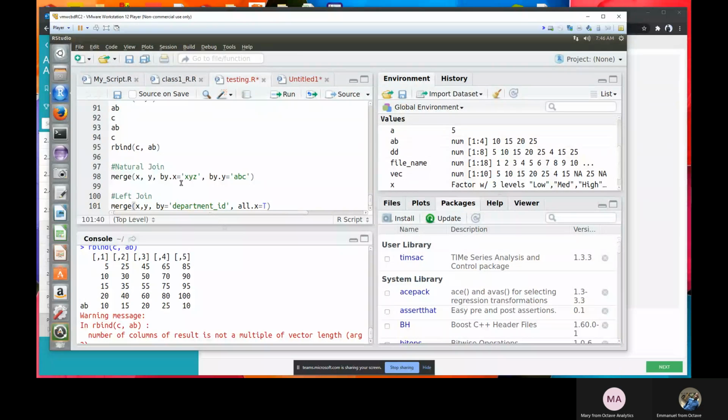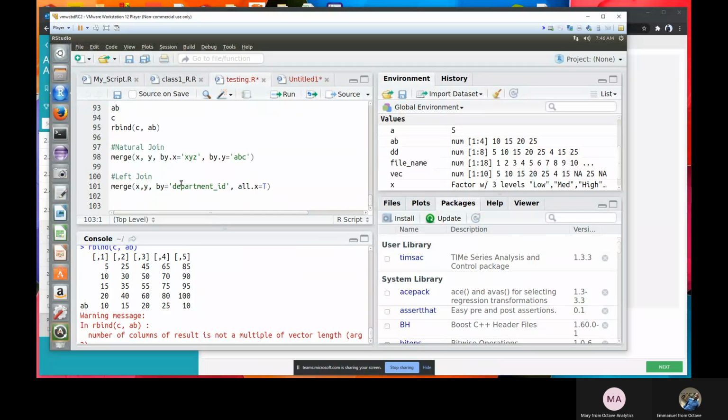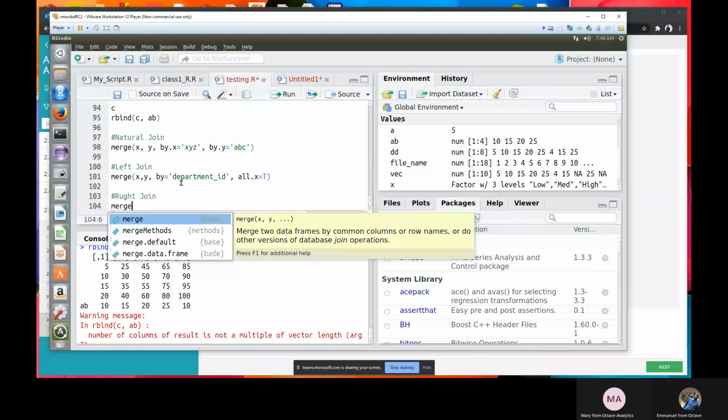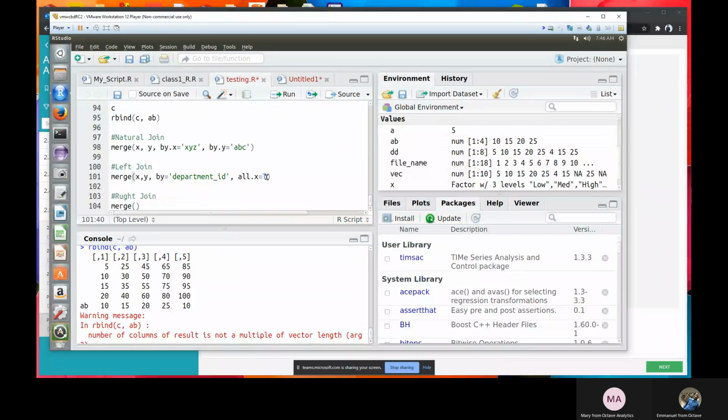Now, if you are doing a right join instead, I'm going to say merge, and I'm going to copy this, put it here, then put all.y equals to true.